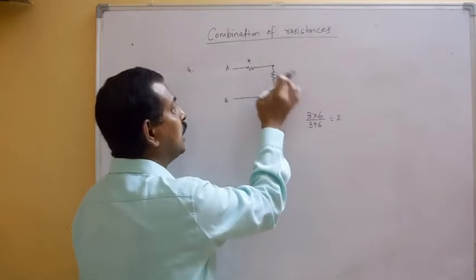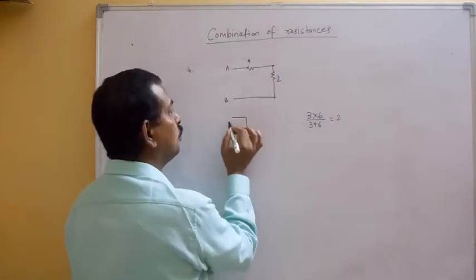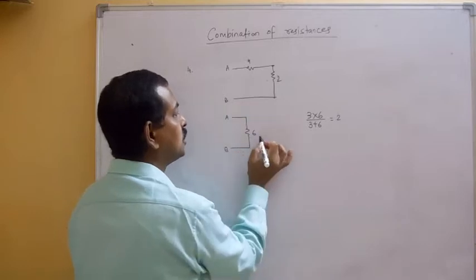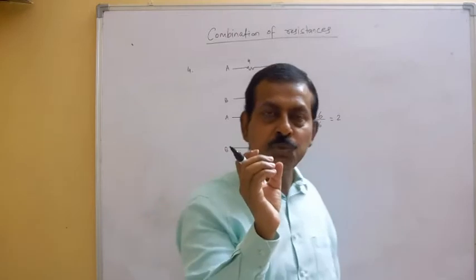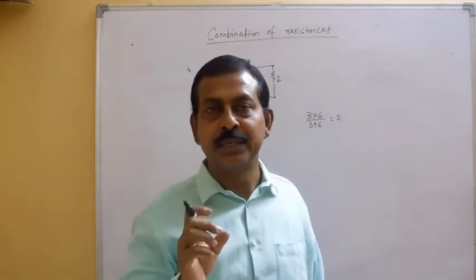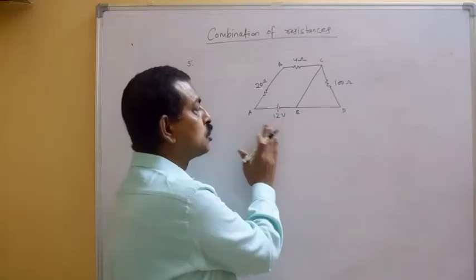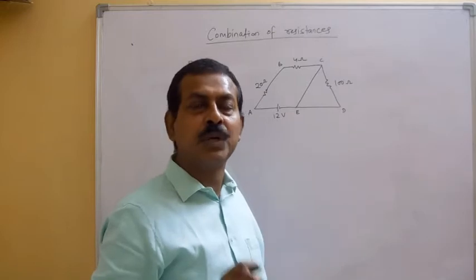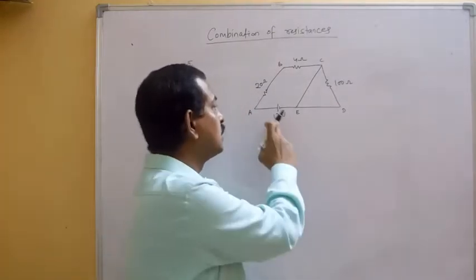And ultimately this 4 and this will give you 6 ohm between the points A and B. So just by reducing the units, you can get the equivalent resistance between the desired points. Now in this question, you have to find what is the current drawn from the source, that is this 12-volt